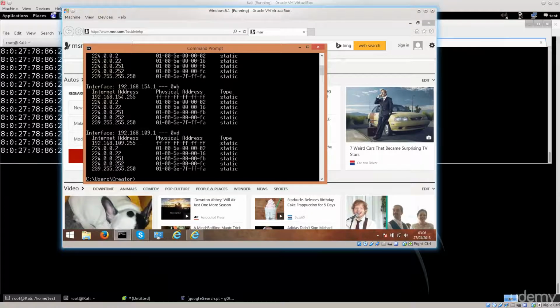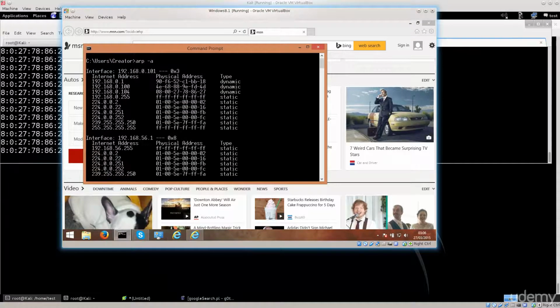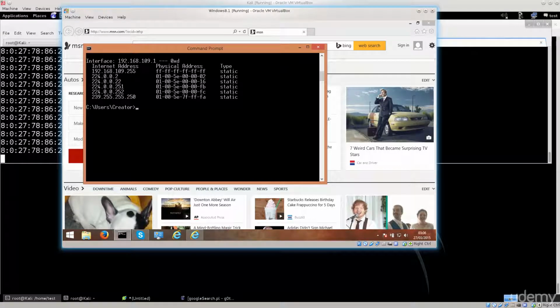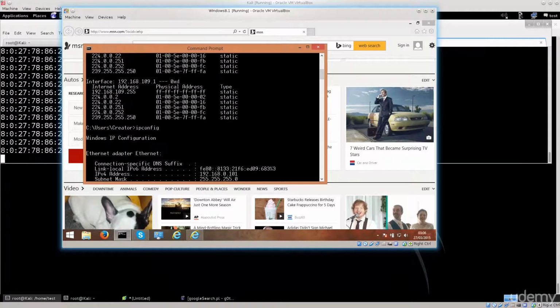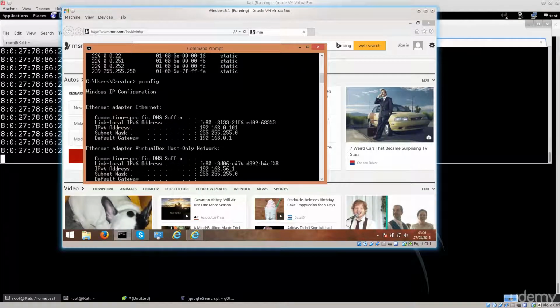Okay, so this is one interface, another. We're not interested in those. We are interested in this one. How do I know that I'm interested in this one? Well, you type in IP config, and you have the names of the adapters here. So Ethernet adapter VirtualBox, that's only a host-only network, not that. I need Ethernet adapter Ethernet, and that's going to be